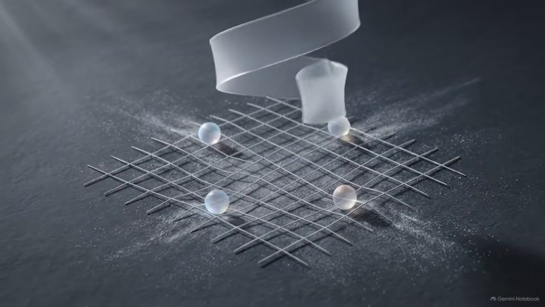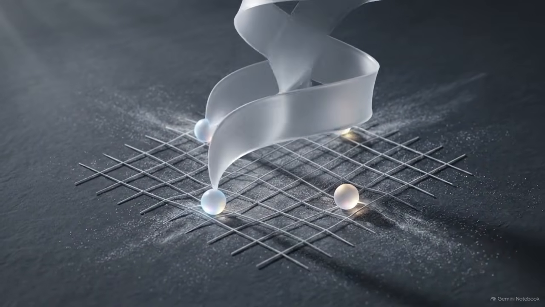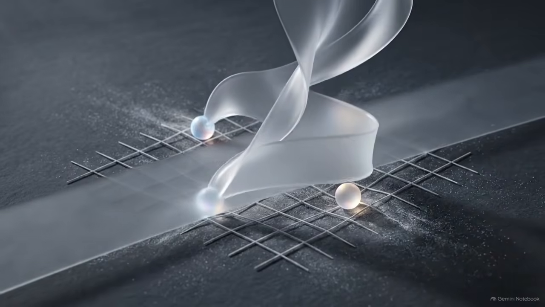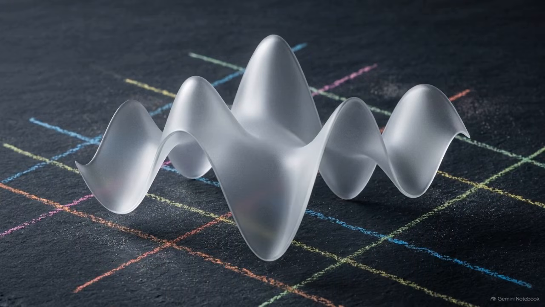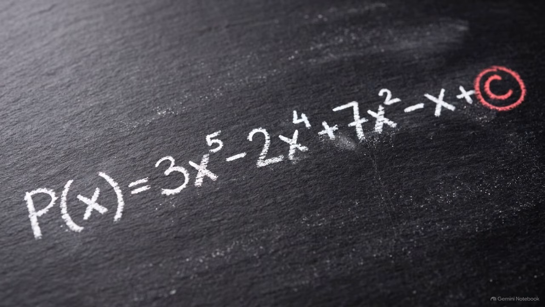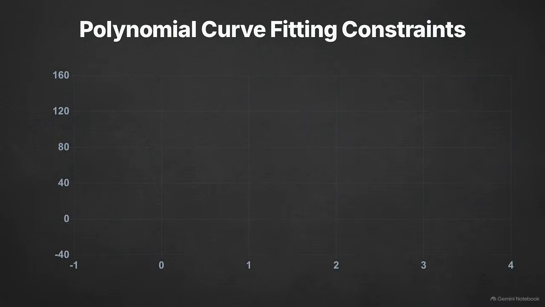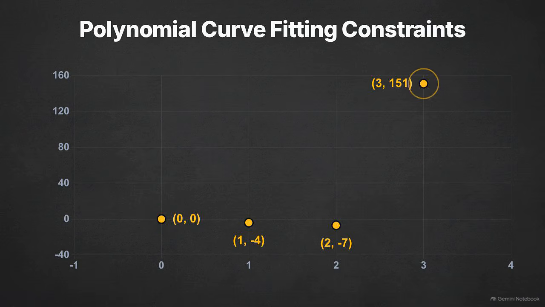The core challenge in data science is often finding a mathematical model that perfectly aligns with real-world observations. Today, we are dealing with a highly rigid structure, a fifth-degree polynomial curve. To lock this exact curve into place, we need to solve for one completely unknown constant, a parameter we will call c. This graph shows the 4 points our curve must fit: 0, 0, 1, -4, 2, -7, and 3,